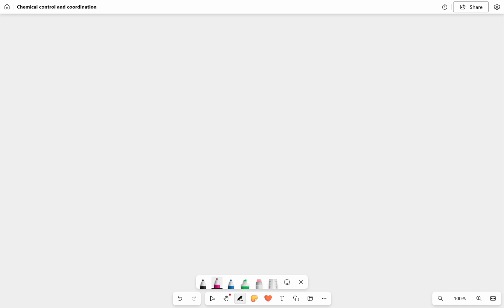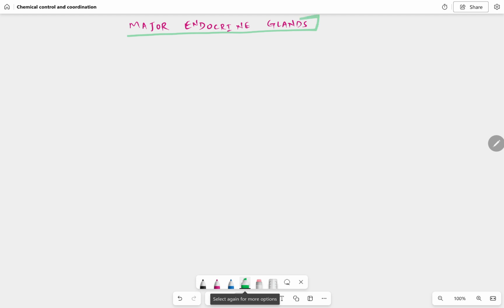So in this lecture, we are now concerned with the study of the major endocrine glands. So now we'll cover the major endocrine glands, but before that, have a brief on the hormones that we have